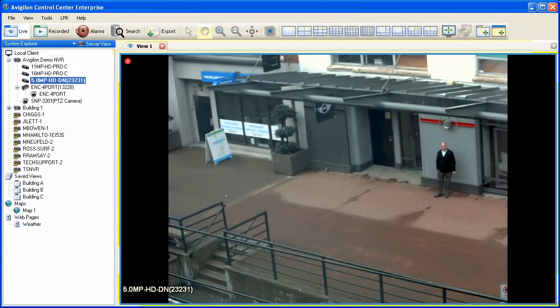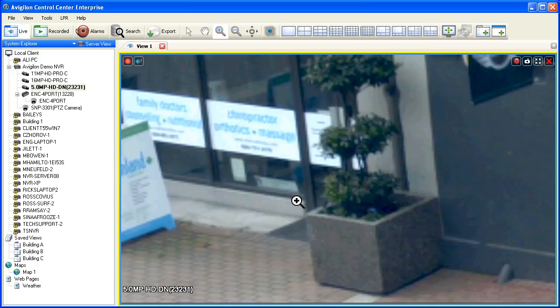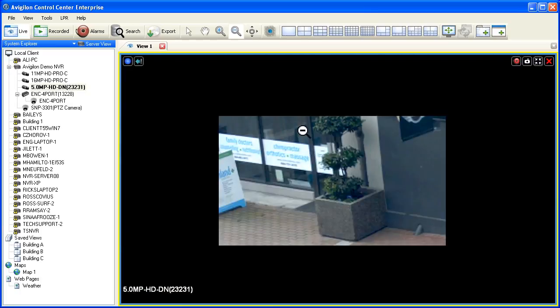When you're done zooming or panning, click the white cursor icon to return to the standard cursor. When using the Zoom In Magnifying Glass tool, you can click and drag with the left mouse button to highlight the area you wish to zoom in on. When using the Zoom Out Magnifying Glass tool, you can use the same gesture to back out the digital zoom